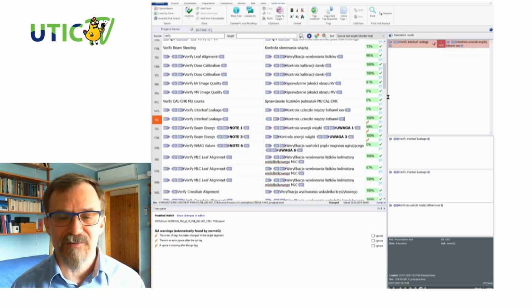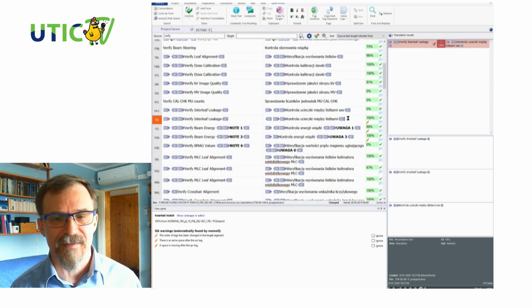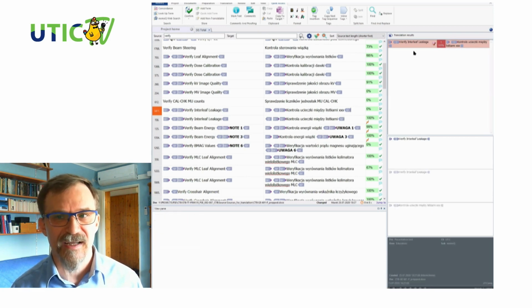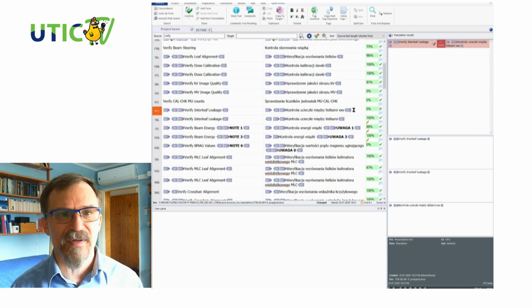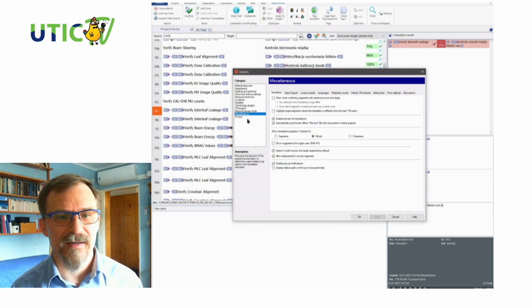MemoQ shows me there is a 100% match, but if I'm working quickly, I might not notice that there is a different match reviewed by me. So there is a very useful MemoQ setting here. When you go to Options, Miscellaneous, and Translation tab, there is an option called Highlight Target Segment where the translation is different from the best TM match. If I click that